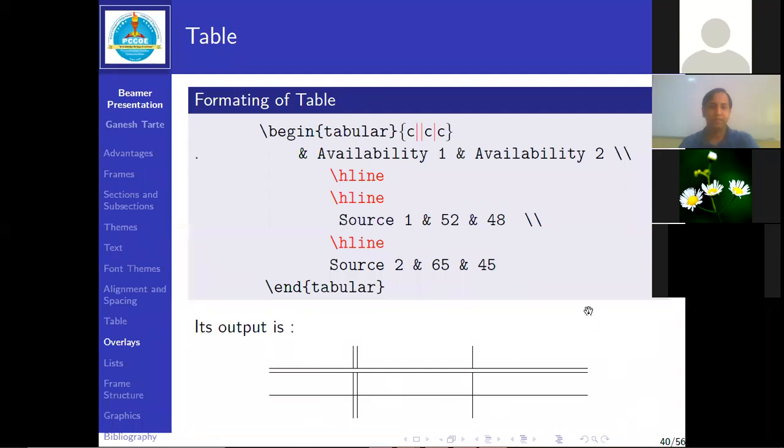Now what I want, I skipped the on slide command here. Using the on slide command, I want output like this. Firstly I want this availability 1 2, that is row number 1, and source 1 2, that is column number 1. So like this, and then these elements 52, 48, 65, 45 one by one, like this.